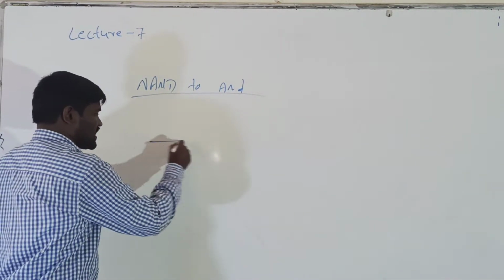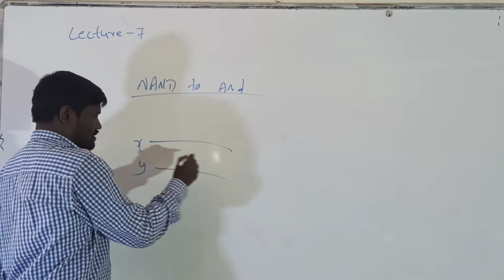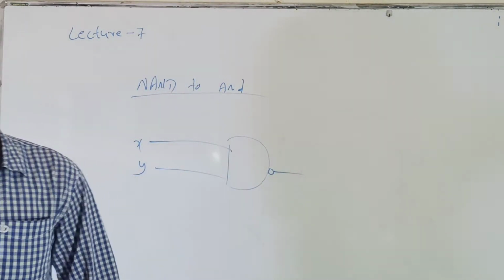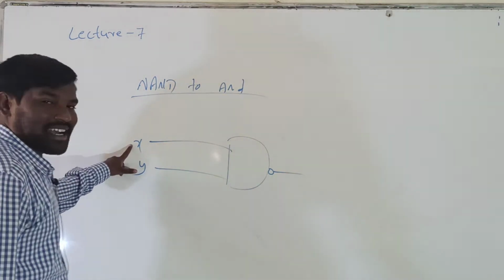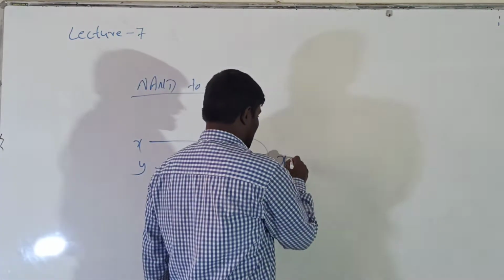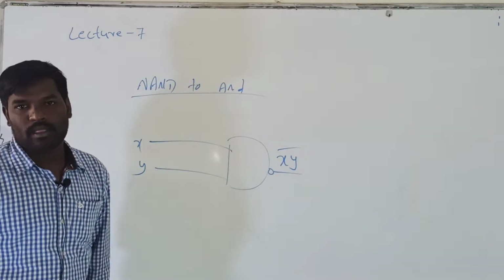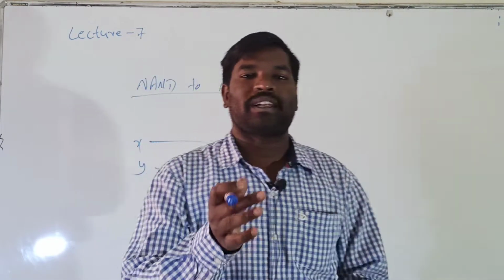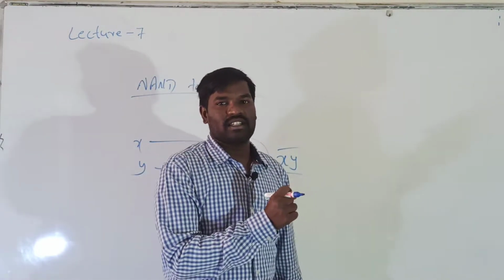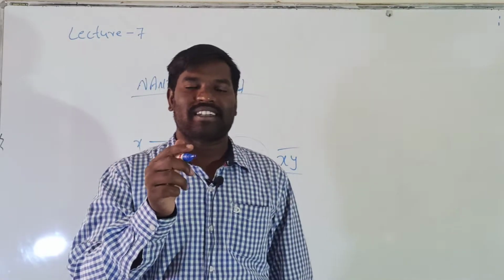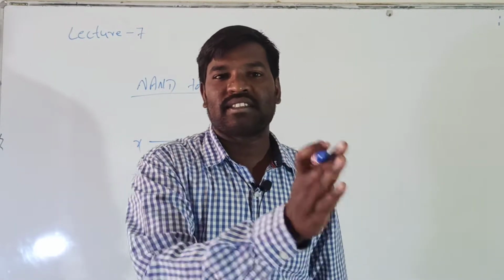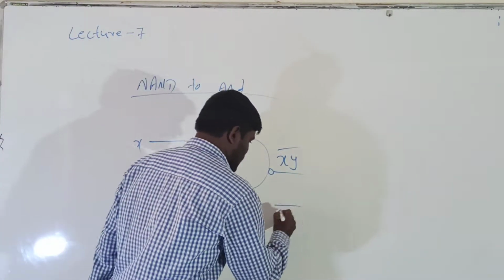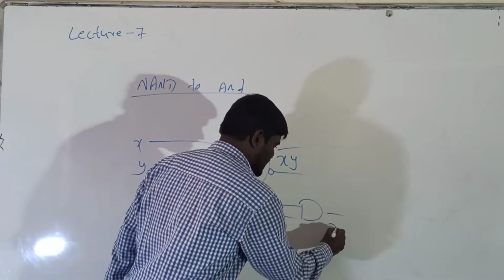Okay, so first I can draw one NAND gate, X and Y. If I pass X and Y, here the result is X into Y whole bar. One thing we have to remember is, whatever operation we have to perform, we do it with the help of basic gates. If you draw the circuit diagram for NOT gate, means if I pass the X means the result is X bar. Here also same, if you want to draw the circuit diagram for AND gate, if I pass X and Y, the result is X into Y.